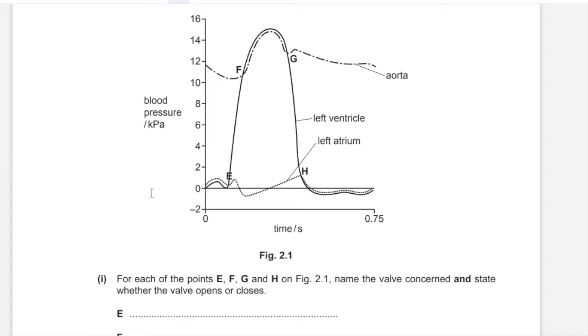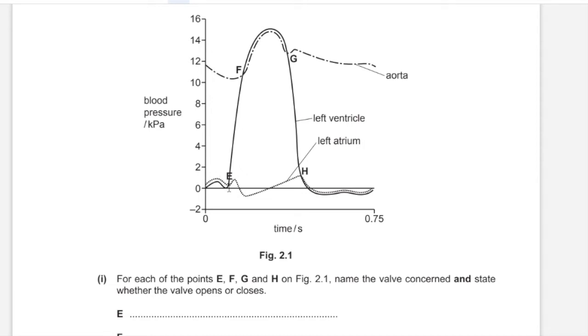Blood passes down the pressure gradient, so blood flows from areas of high blood pressure to areas of low blood pressure. The dashed line at the bottom represents the left atrium, and this line represents the left ventricle. Whenever the pressure of the left atrium is greater than the left ventricle, the blood would flow from the atrium into the ventricle